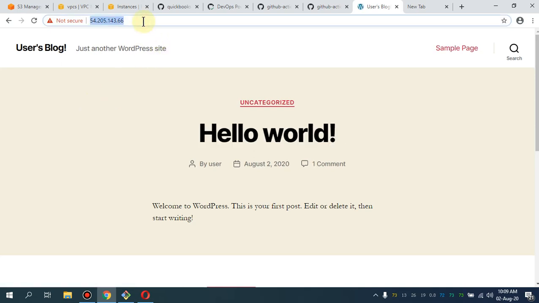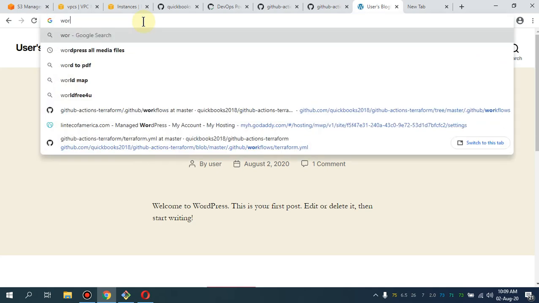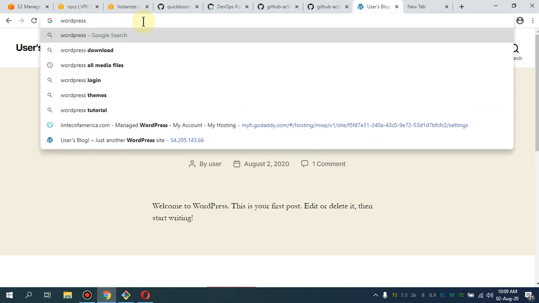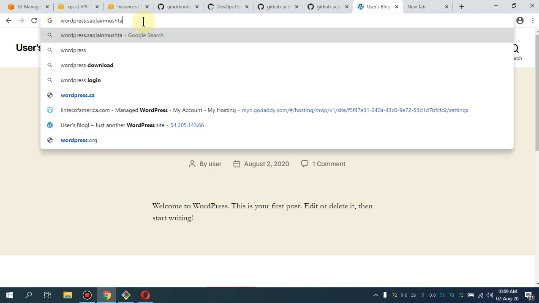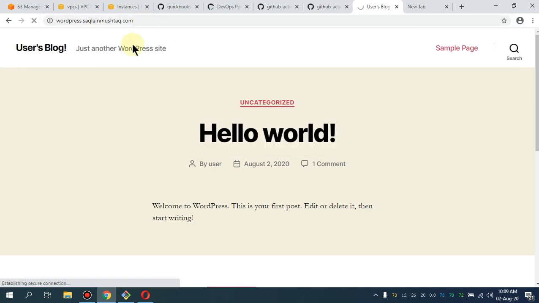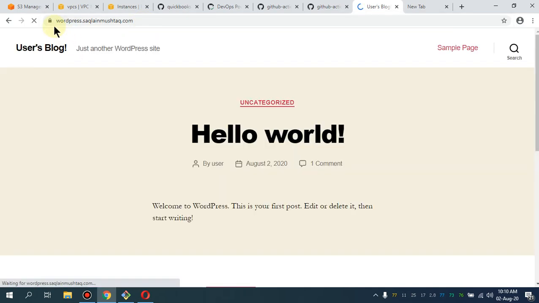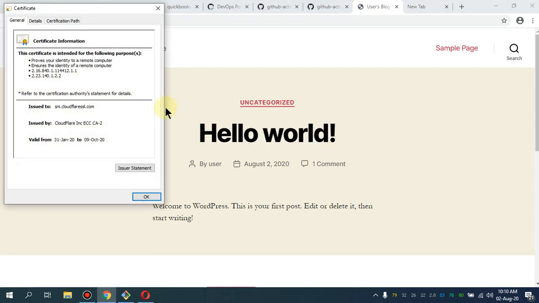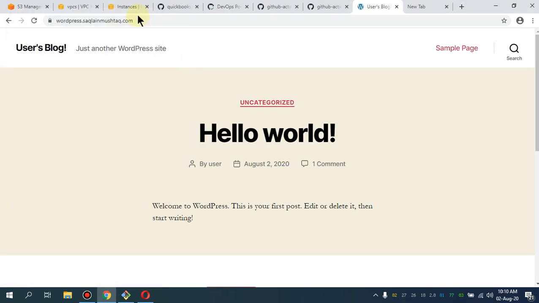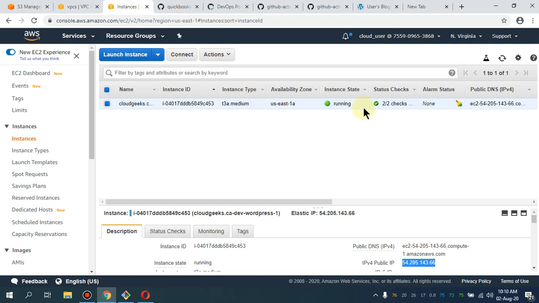Let me put WordPress.saklanmushtaq.com. I was putting the IP there. So you see this padlock is green, and the IP we are using is the same as that of the EC2, this one. Hopefully you will be able to understand the idea behind this,